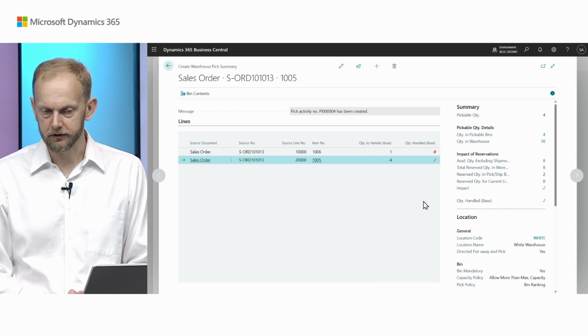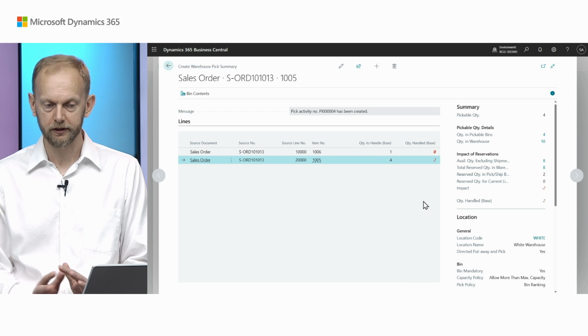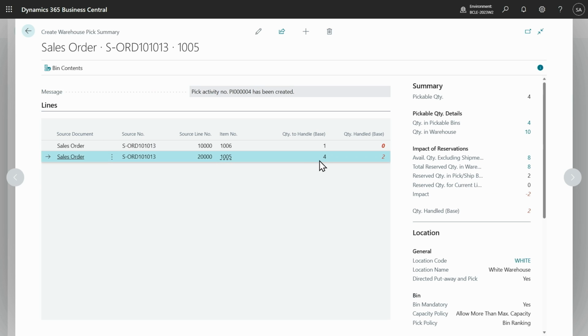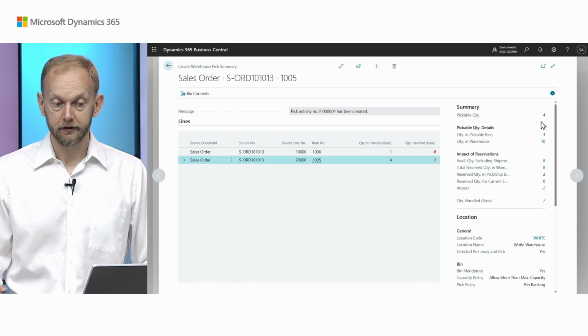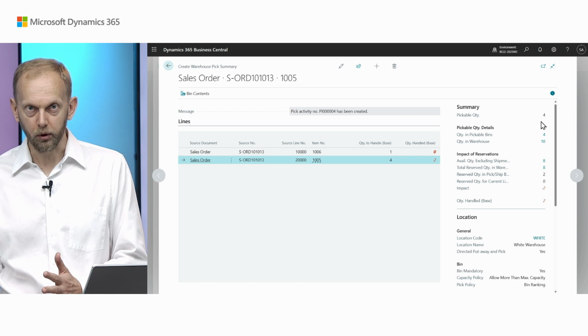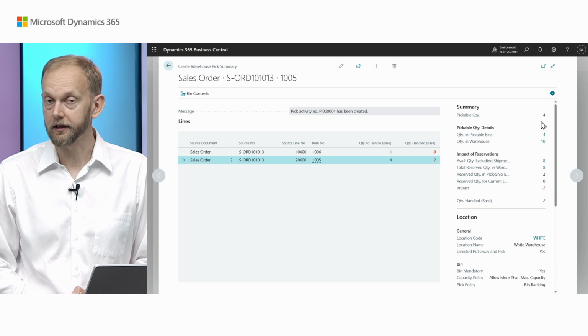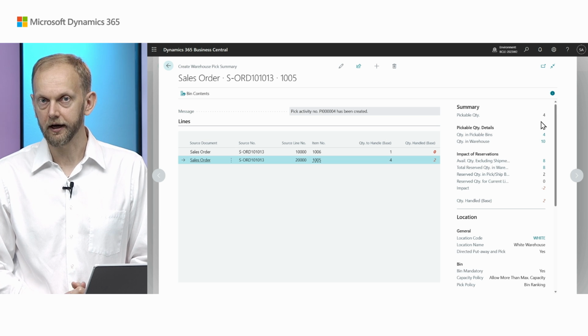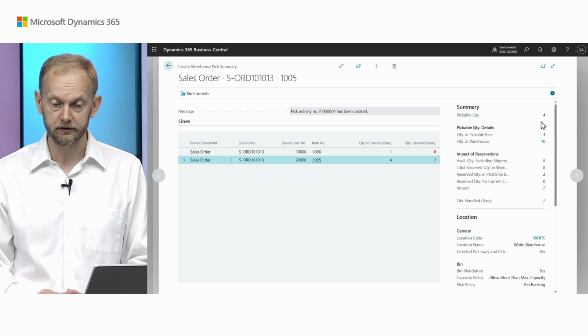This is a more complicated scenario because now it involves reservation, and reservation has some impact. So what do we want? We want to pick 4. And how many do we have in warehouse? 4. So kind of like, what's the problem? Yeah. Problem is that there are some other orders which also need to be picked, shipped, consumed, etc. And they have a high priority. Why? Because they are reserved. So this one is not reserved, so it has lower priority than others.